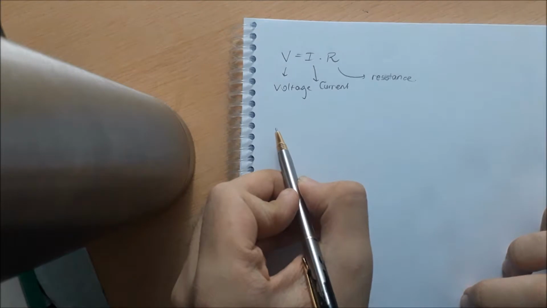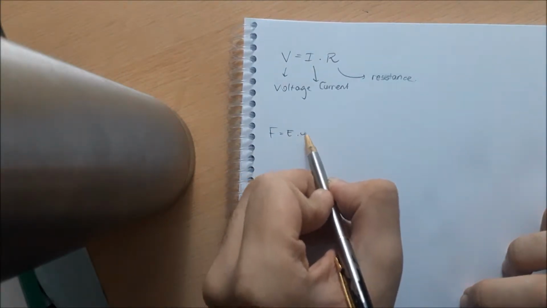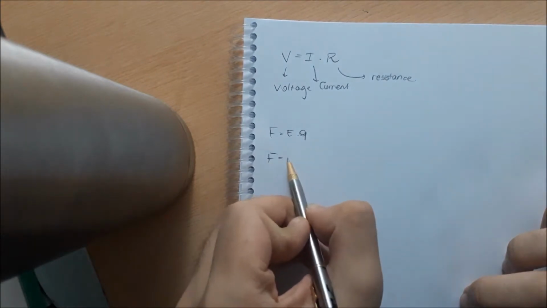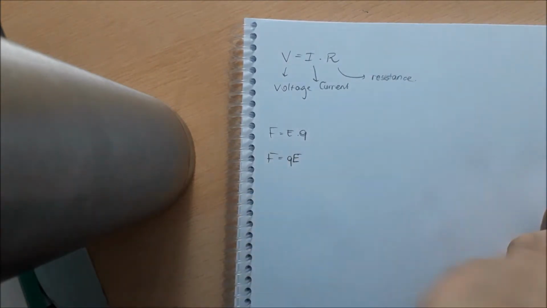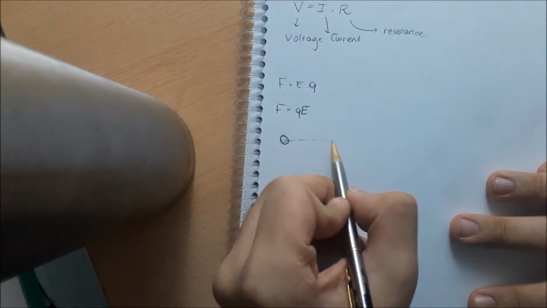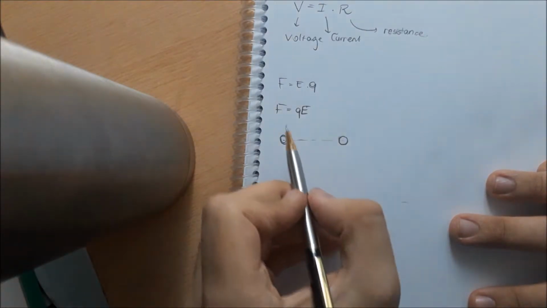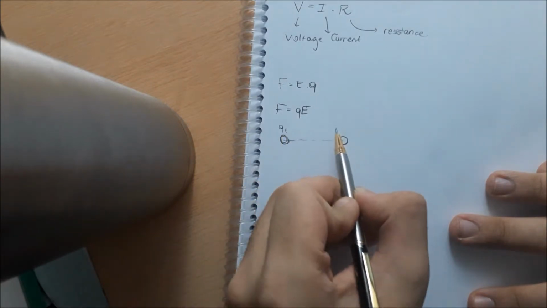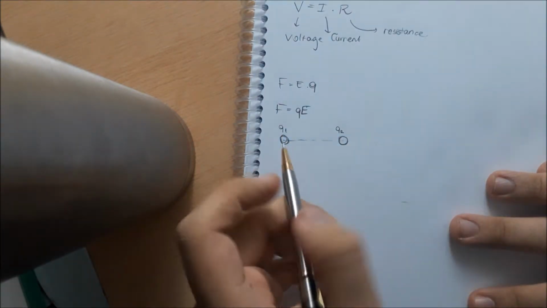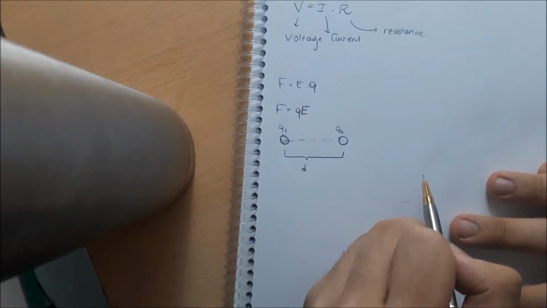The first equation that we have to know is F equals E times Q. Some books write it as F equals QE. And actually it comes from Coulomb's law, which is pretty simple. It's based on experiments, nothing theoretical. Suppose that we have two charges named Q1 and Q2, and there's a distance between them which is d,